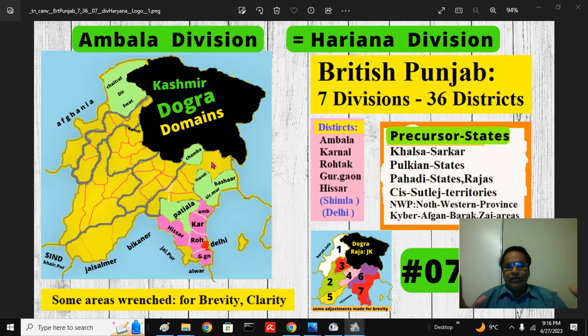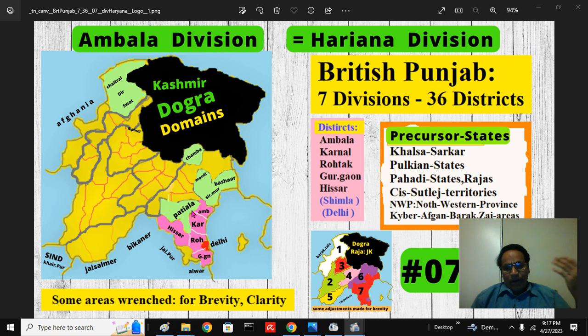British Punjab is a broader term. It includes British controlled territories, and British indirectly controlled local residencies, agencies and so on. That's what I am talking about in general. Cis Satluj territory, south of Satluj, means if you are traveling from Delhi, before you hit the Satluj, all these areas, Haryanvi areas, are essentially Cis Satluj states.